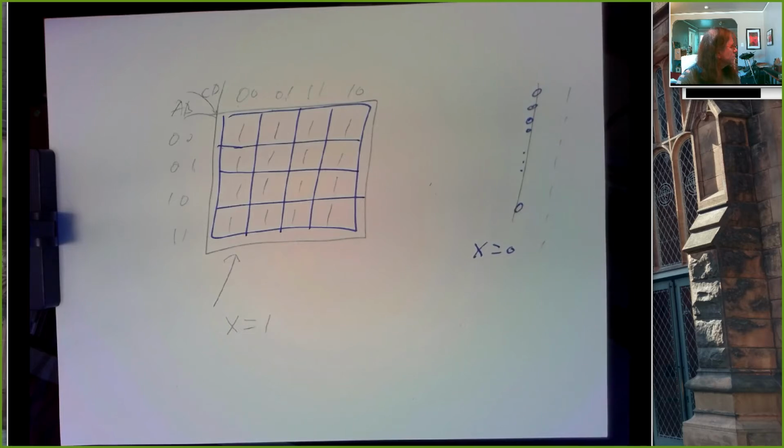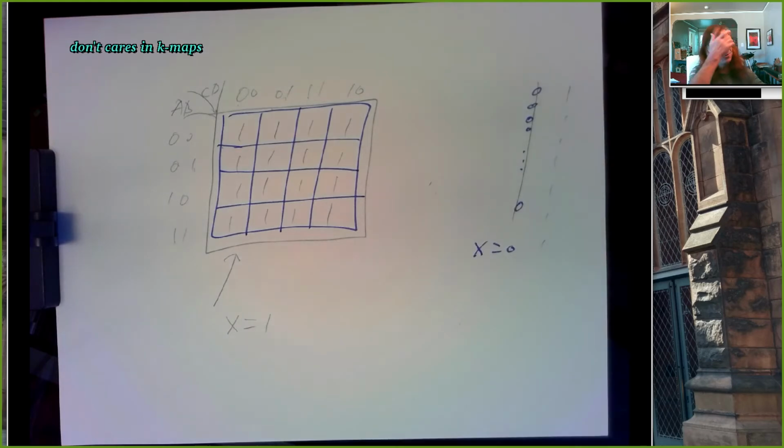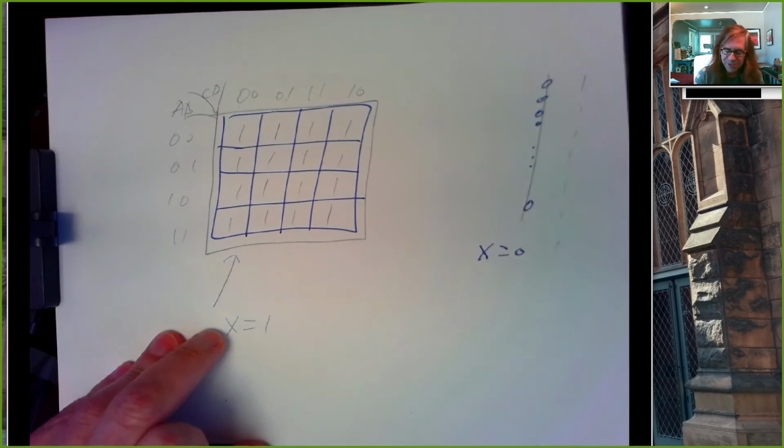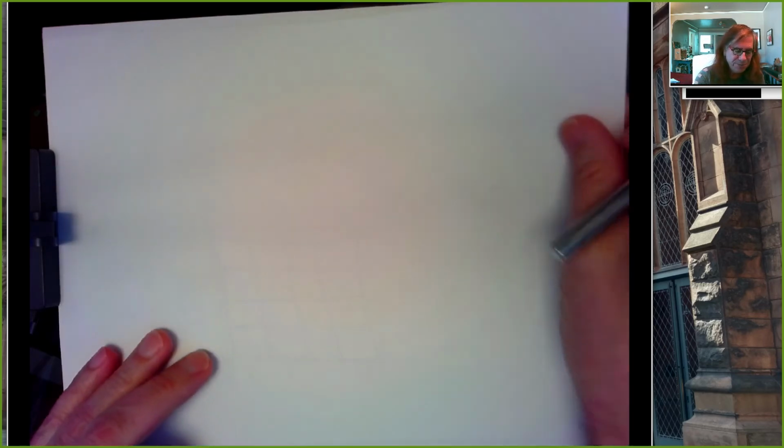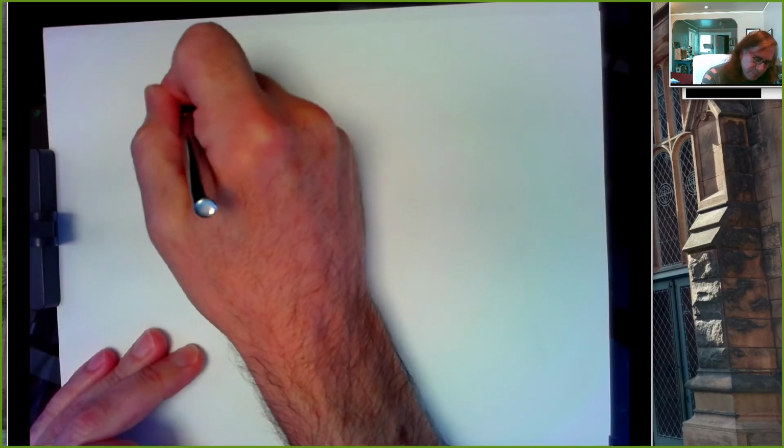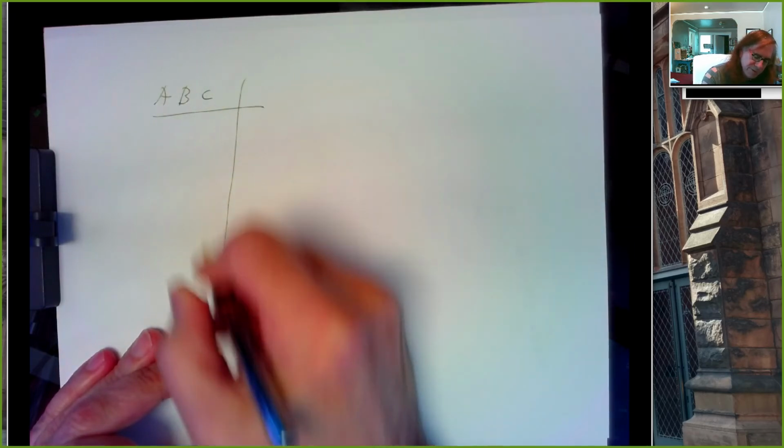When we make a truth table, sometimes we have combinations of inputs where we don't really care what the output is. So for example,